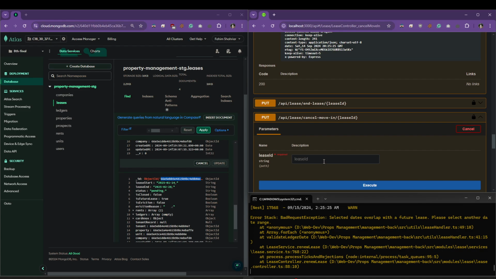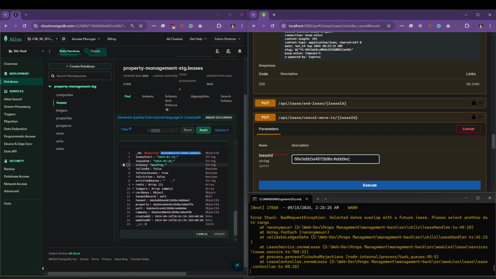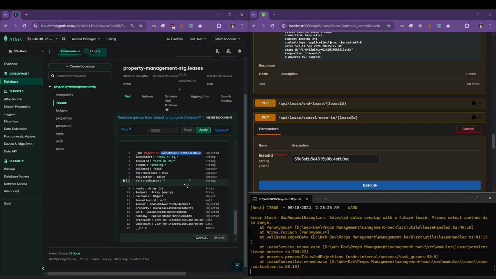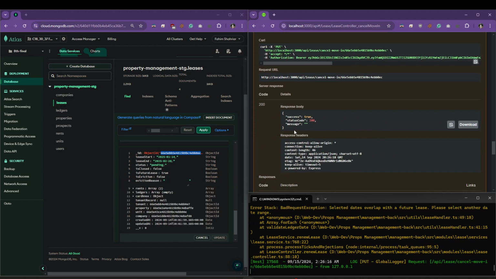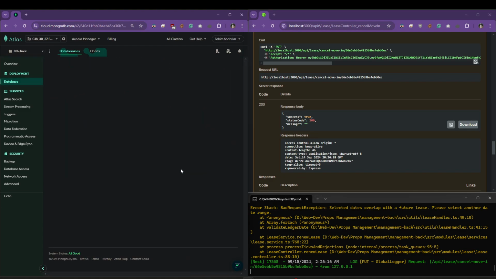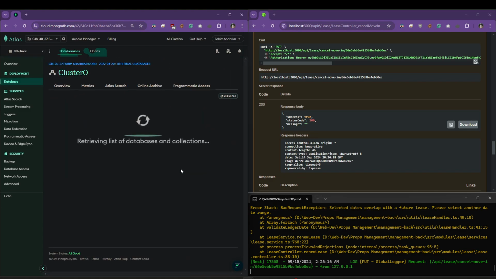It's not complex, it's very simple. Basically we just take any of the future leases' ID and say, oh okay, I won't be able to move in for this period, so you can basically disclose the contract of the lease. So if I click on this, yeah, the request was accepted, and if I click on this,